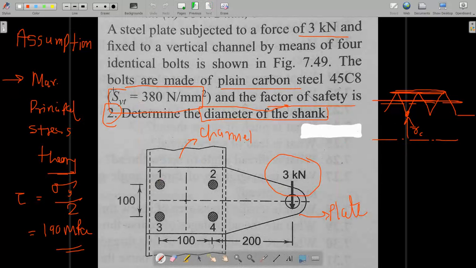Okay, so we have to find out the direction, and the direction is opposite. Here I have drawn a yellow line, 1, 2, 3 and 4, direction upward. Now I will make a separate drawing for these 4 bolts. This is bolt number 1, this is bolt number 2, 3 and 4, let us take,